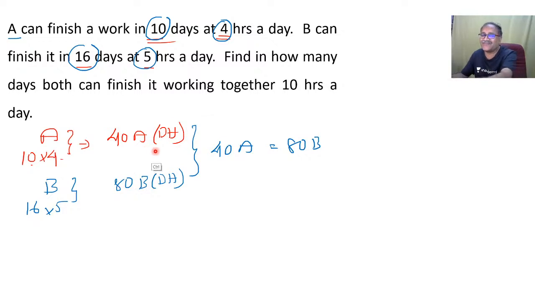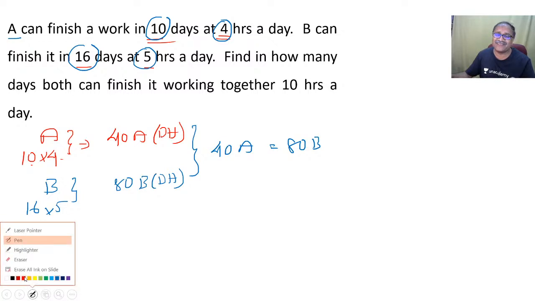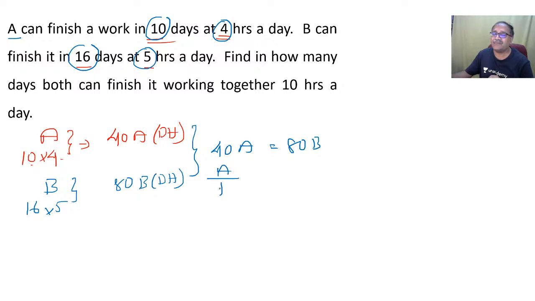Okay. Fine. Let's see that. If you are right, then it's very nice. Now, what happens here? I can see that A by B is equal to 2 by 1. This is what their efficiency ratio is. Right? So, what is the work now? One part is done, that is, the efficiency ratio is completed. Now, what is the work now? You can either take in terms of A or in terms of B.